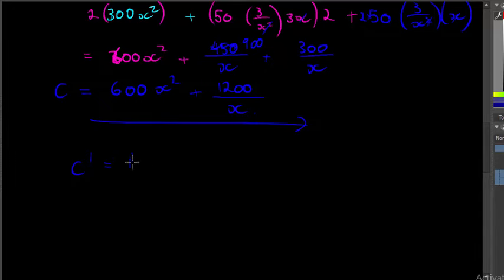So the derivative is 1200, and this one is x to the power of -1, so this is minus 1200 over x squared. If I take the derivative of x to the power of -1, that becomes -2, that's where I get that from. Make it equal to 0, and then when I solve this, eventually I get